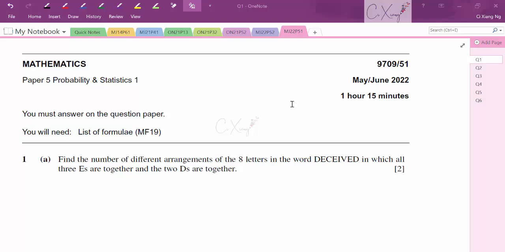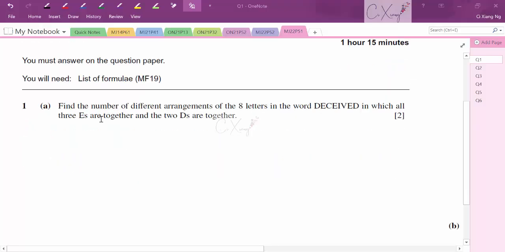In this video, we are going to discuss the May-June 2022 paper 5.1, which is the Probability and Statistics 1 paper. Okay, so for the first question, they want us to find the number of different arrangements, right? The word arrangement is the keyword which tells us that our steps later will involve permutation with factorial, right? So, arrangement of the 8 letters in the word DECEIVE,